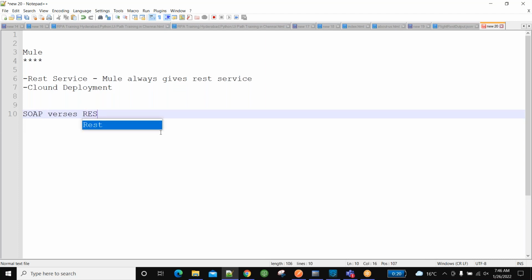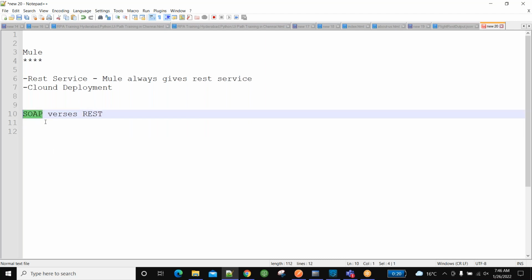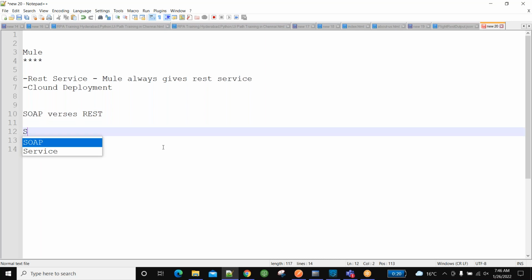A SOAP service is nothing but a service which is based on WSDL. WSDL in the sense they will be having some protocols. For example, if somebody has given us a WSDL, definitely there will be some structure, and to understand that structure,